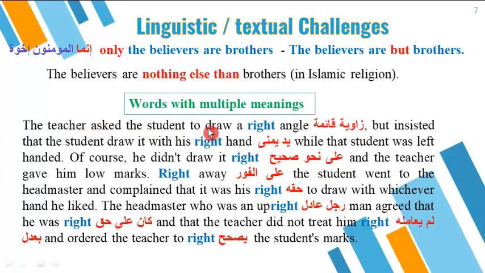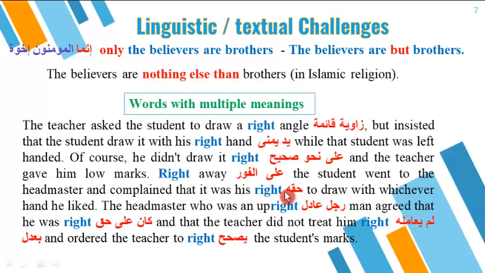The teacher asked the student to draw a right angle, which means زاوية قائمة, but insisted that the student draw it with his right hand, بيده اليمنى, while the student was left-handed. Of course, he didn't draw it right. Right here means على نحو صحيح. And the teacher gave him a low mark. Right away, على الفور, the student went to the headmaster